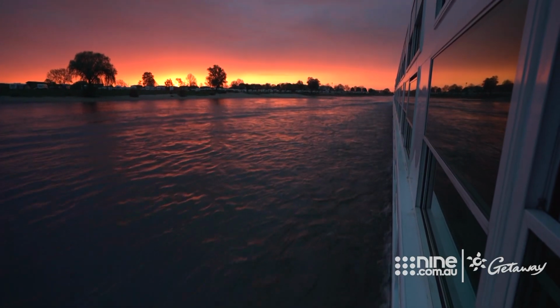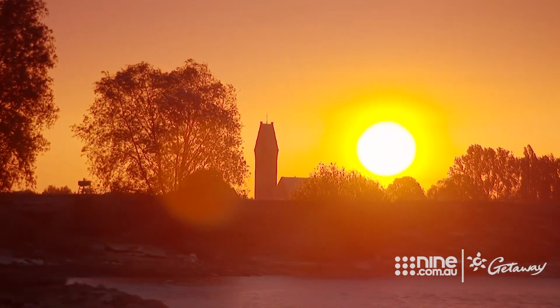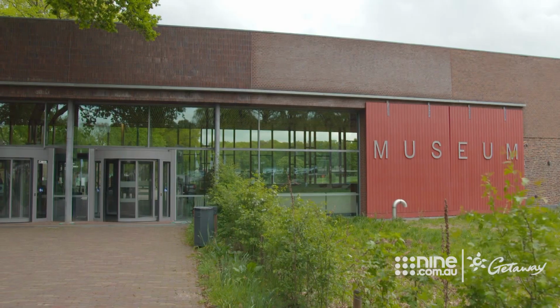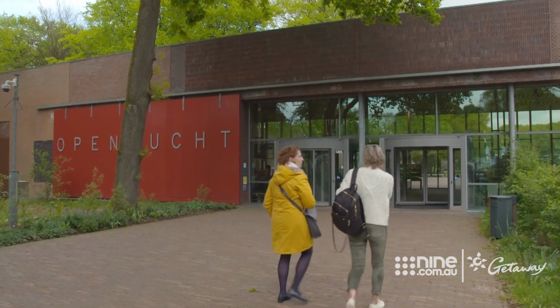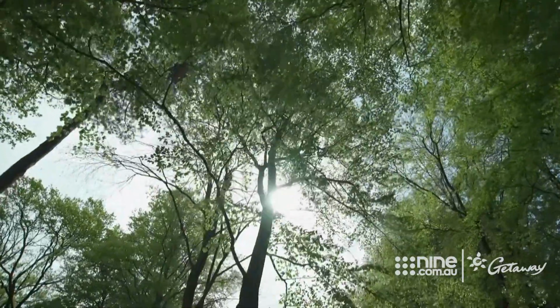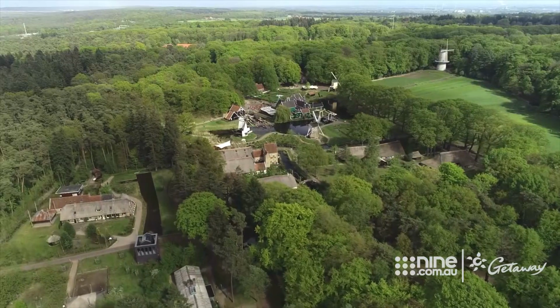Sun is rising on another day of our sensational romantic Rhine and Moselle River cruise. With Scenic, you can choose how to spend your day. Take a tour, head off on your own, or relax on board. Today, I'm taking a Scenic free choice activity, heading deep into the woods near Arnhem to visit the Netherlands Open